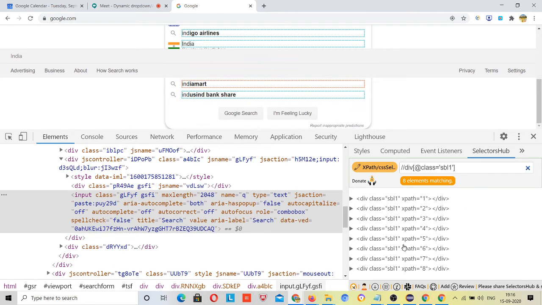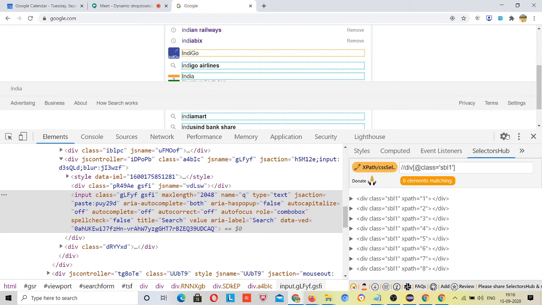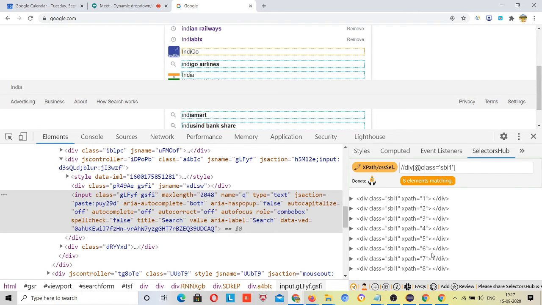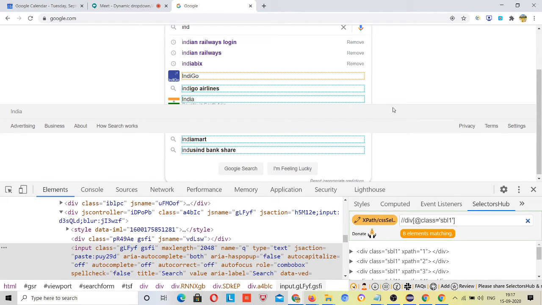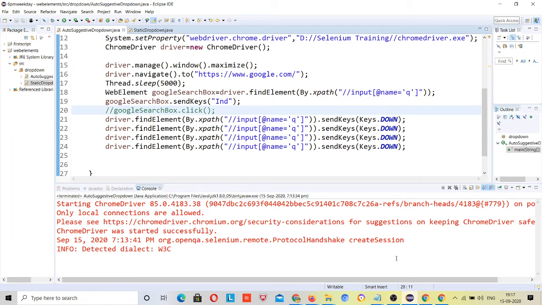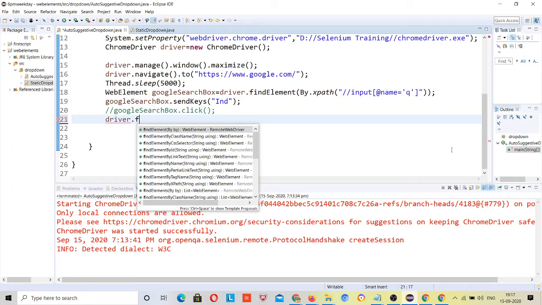See, whatever results are suggested, that many div tags are here. Okay, this one is so easy to get, this makes sense, right? So what I will do is copy this XPath and write driver dot find elements, because this time we know that elements will be returned.